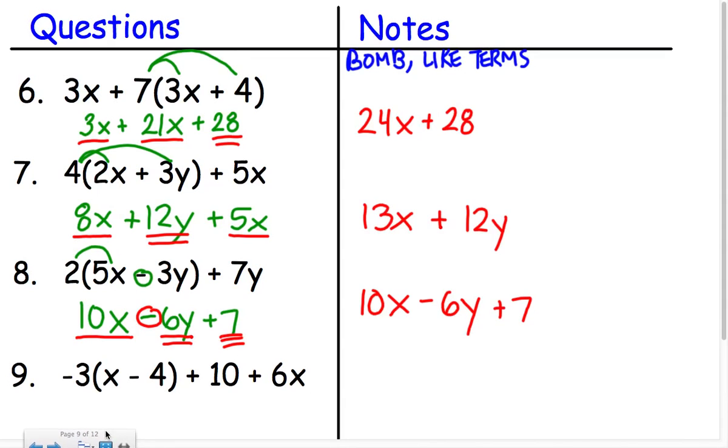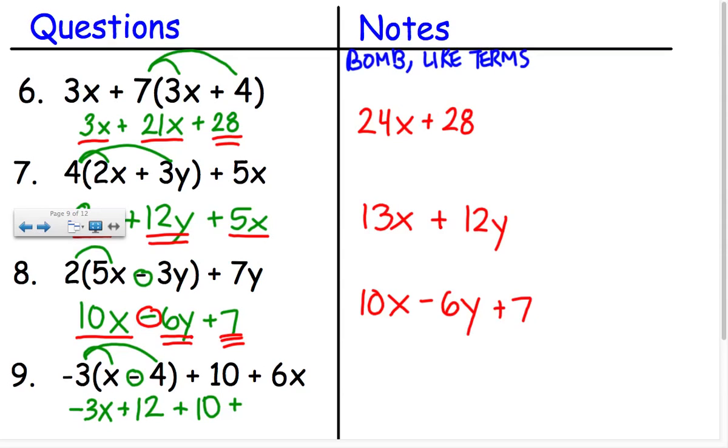And finally, we have negative 3, bomb to the x, so negative 3x. Negative 3 times negative 4 makes positive 12, plus 10, plus 6x. Then if I do my underlining, 1, and 1, 2, and 2. Negative 3x plus 6x is 3x, and 12 plus 10 is